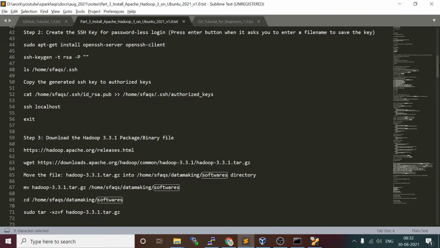a passwordless login using SSH. So you know, right from our local machine we connect to this host by making the SSH connection, but we have to enter the password for the SFAQs user. But when the different Java processes in Hadoop want to interact with each other, they have to enter the password. That we cannot do. So we have to create a